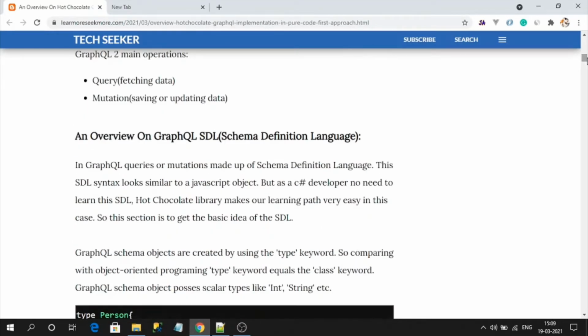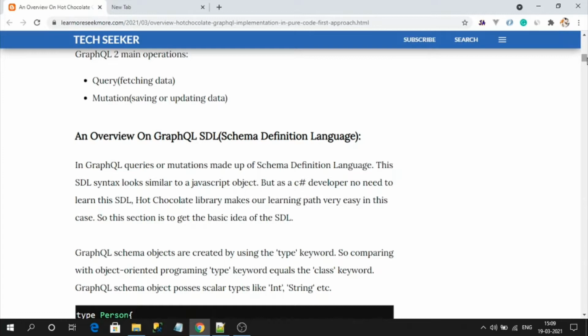Now coming to the GraphQL Hot Chocolate library. It is an open source library built on top of the GraphQL.NET library. The Hot Chocolate library makes our learning process very easy, because it provides three methods of writing GraphQL code in .NET.